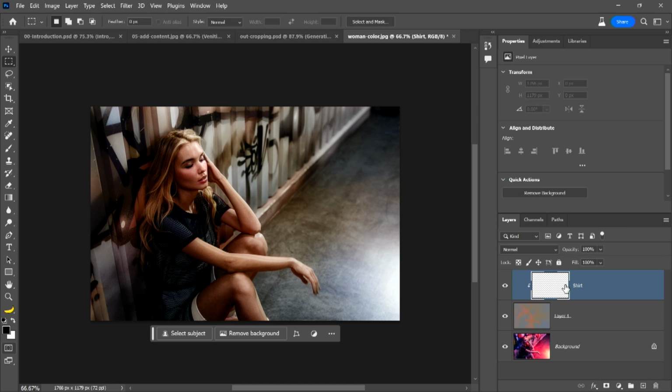So the layer below has the color blending mode, and the layer above has the normal blending mode, but it doesn't matter because the layer below is color in this context. Then I'm going to go into the brush tool, and if I disable the color layer, notice that her shirt was originally green. Photoshop got that color wrong, but I can easily fix it by just going into the brush